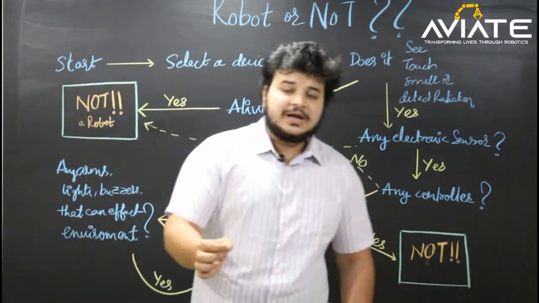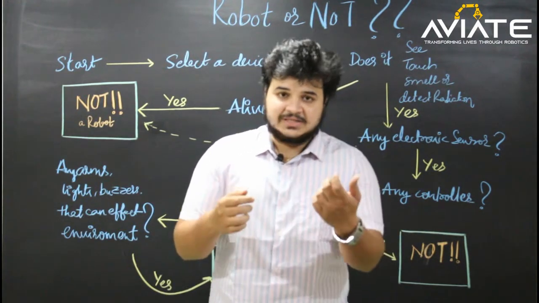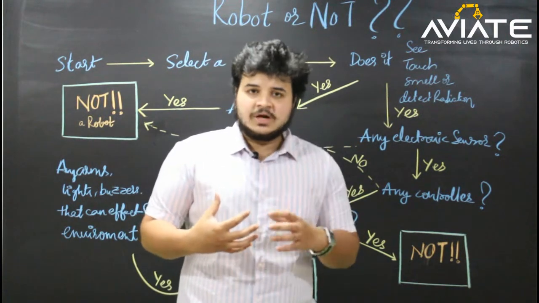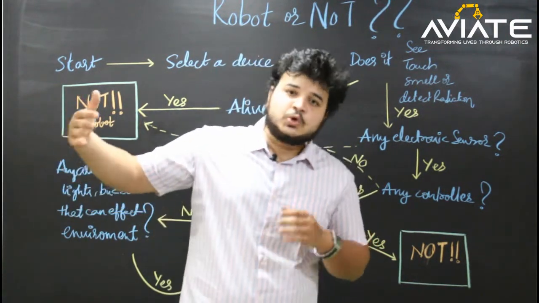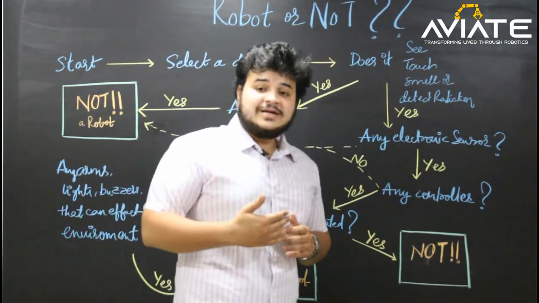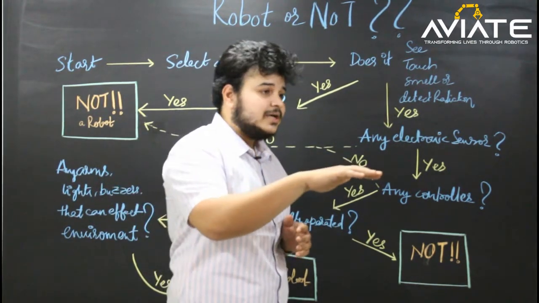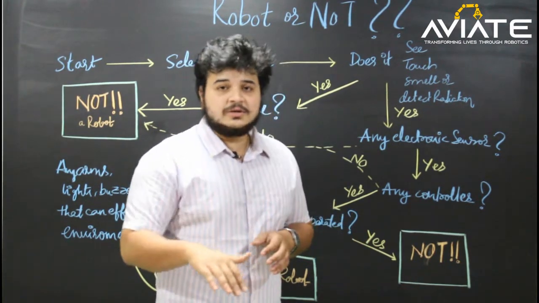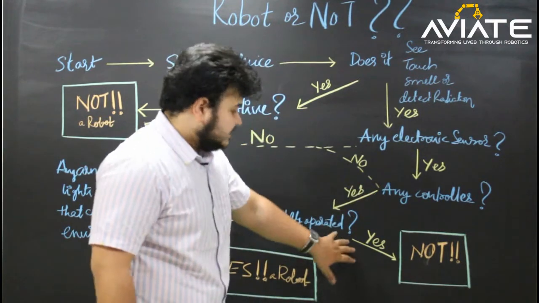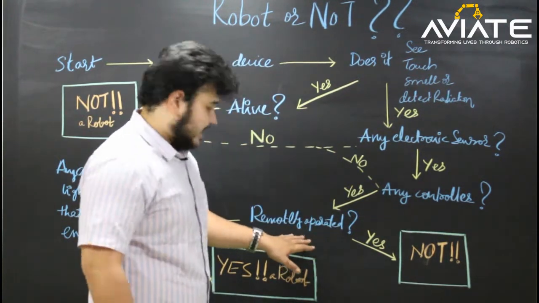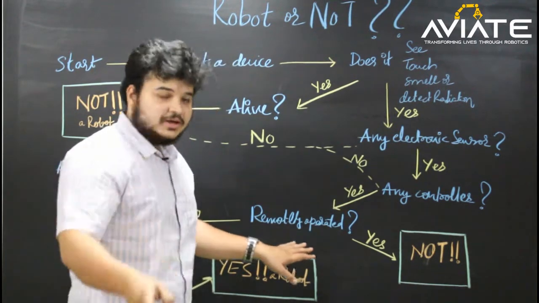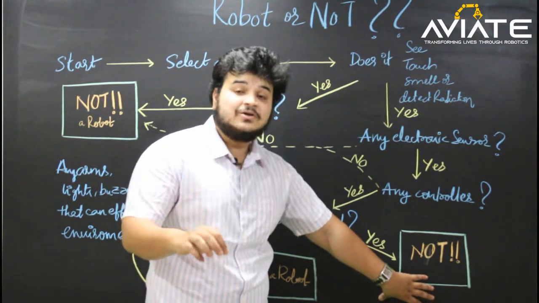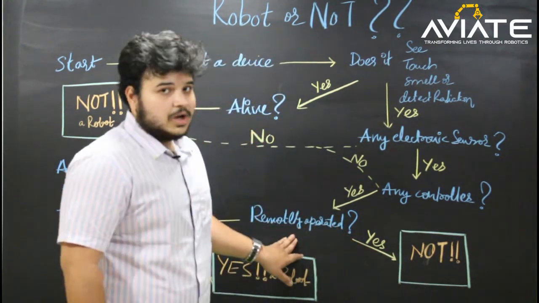So is it a remote control car? Of course the name itself tells, it's a toy which we played with in our childhoods. It doesn't know that it has to not hit the wall. It doesn't know that it has to not go beneath your chairs or tables, or hit the legs of whoever is walking in the play. So here, is it a remote control car? That's a very important step. And if it is a remote control car, strictly speaking, that's not a robot. It's not happening with the think cycle of a robot. So if it is a remote control car, it's not a robot.